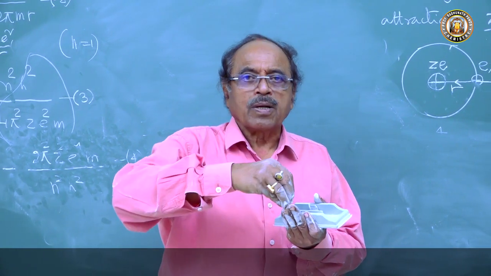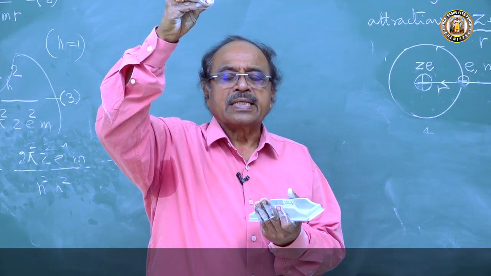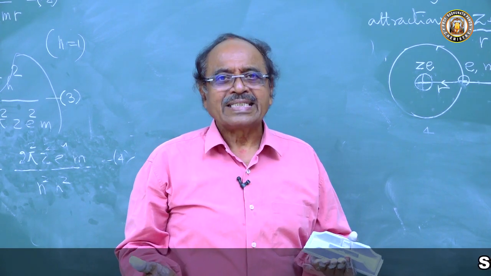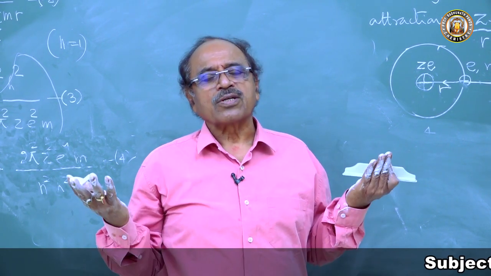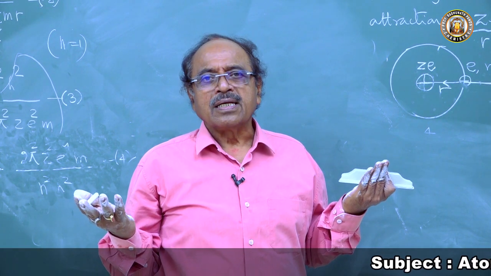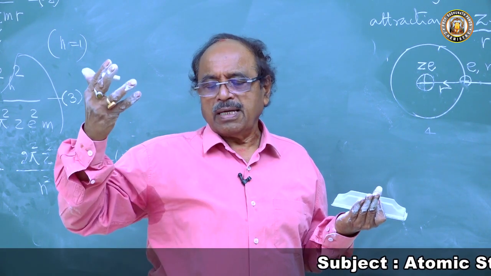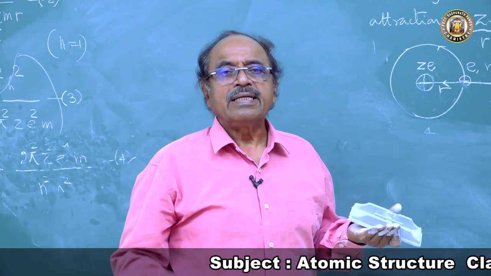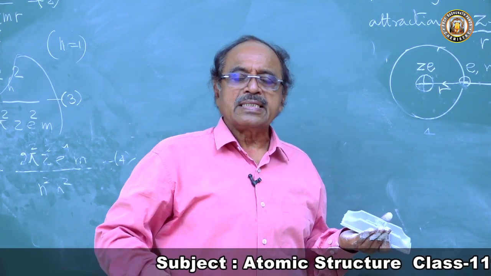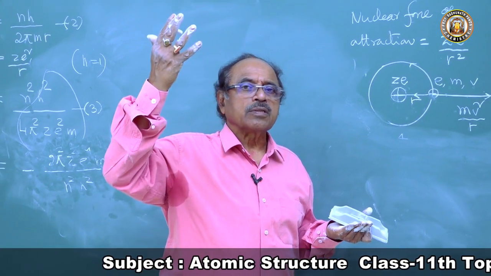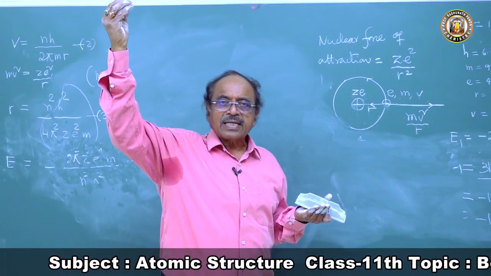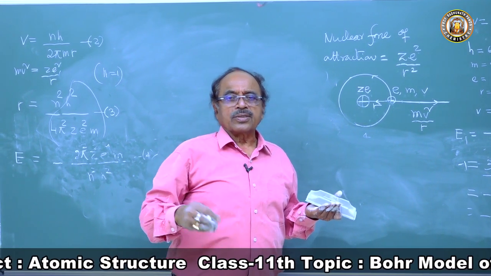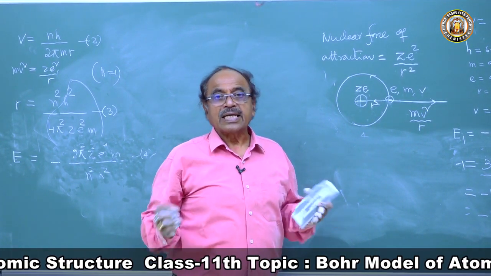The electron goes from the first orbit to the second orbit. How will the electron go? When the electron absorbs energy, it will move from the first orbit to the second orbit. If it absorbs the energy of the fourth orbit, then it goes to the fourth orbit. We can also calculate the energy necessary for the electron to jump from one orbit to a lower orbit. He calculated both things.